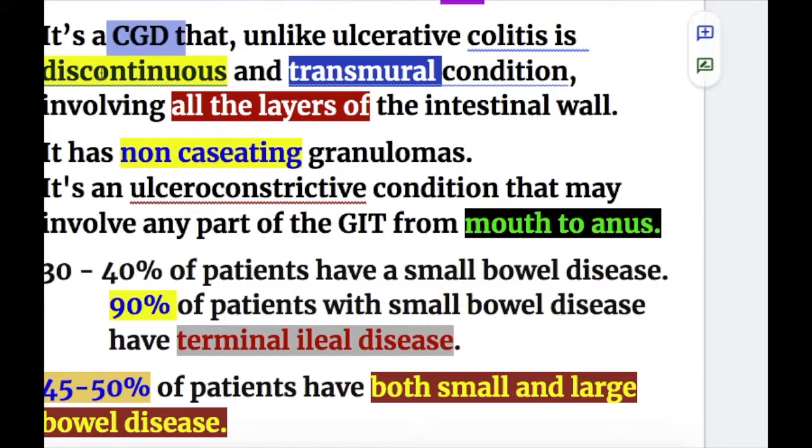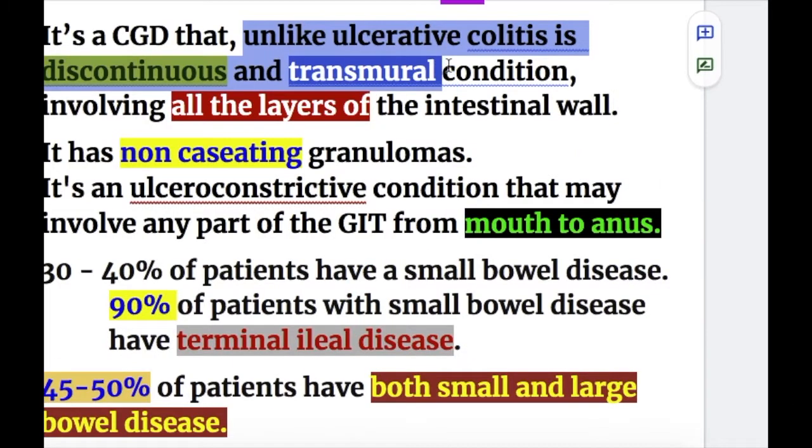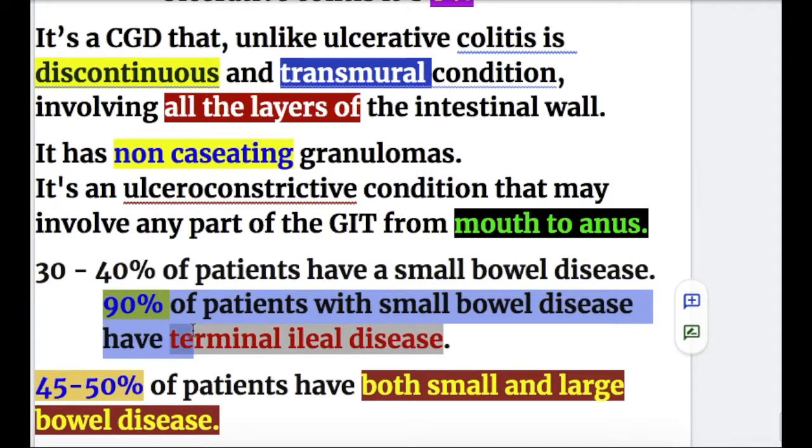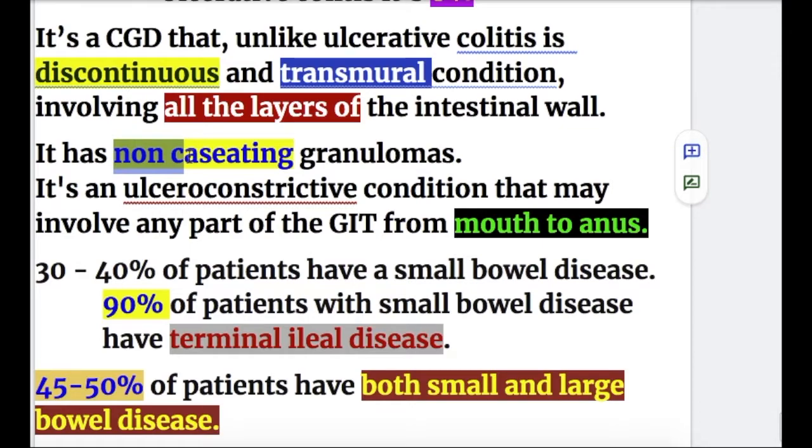Crohn's disease is a chronic granulomatous disease that, unlike ulcerative colitis, is a discontinuous and transmural condition involving all the layers of the intestinal wall. Crohn's disease has non-caseating granuloma. It's an ulceroconstrictive condition that may involve any part of the GI tract from mouth to anus. 30 to 40% of the patients have small bowel disease, and 90% of patients with small bowel disease have terminal ileal disease. So it has non-caseating granulomas and an ulceroconstrictive condition from mouth to anus involving the whole GIT,